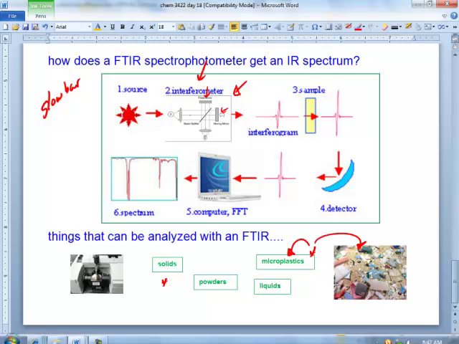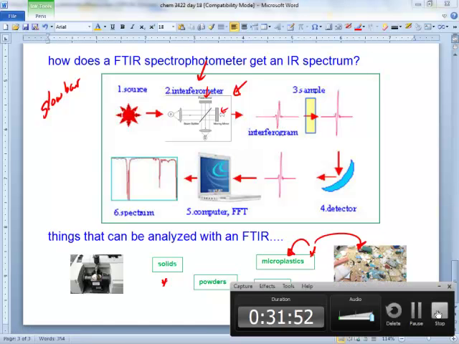Alrighty, that's about it. And we finished early to make